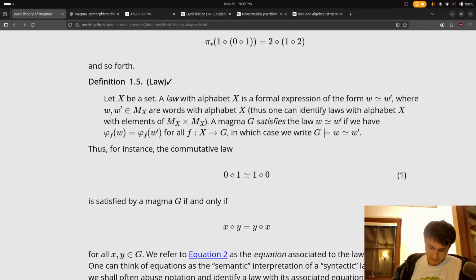Okay, so an X-set law with alphabet X is a formal expression of the form W = W prime, where W and W prime are in the free magma, are words.